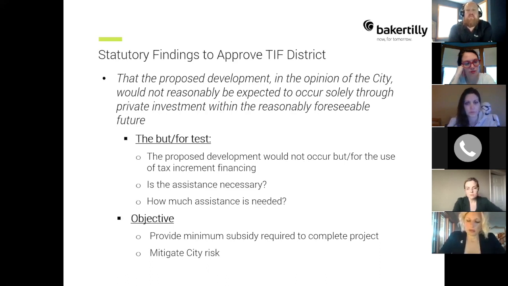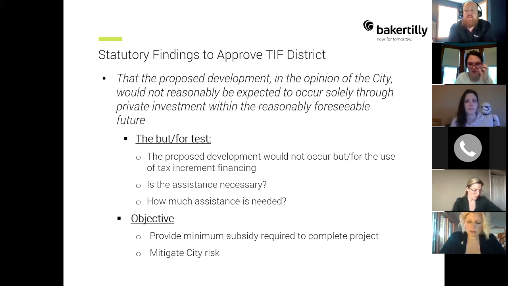And by making that but-for finding, and by knowing that this is a project that in fact would not have occurred but for the requested assistance, we know that the future tax revenue that is being captured is not revenue that is necessarily being lost. That revenue wouldn't be in existence if the project was incapable of happening but for the use of the tax increment. So that's the philosophy behind why the legislature in Minnesota and most other states allow for the use of tax increment financing. It goes back to this but-for test. We're not capturing revenue that would have been realized by these taxing jurisdictions, because we're capturing revenue from projects that would not have otherwise occurred but for the use and capture of that revenue.